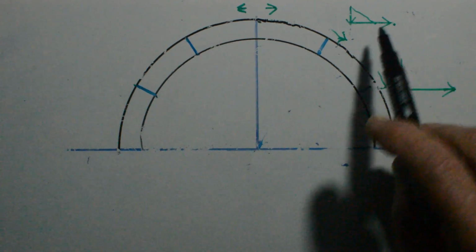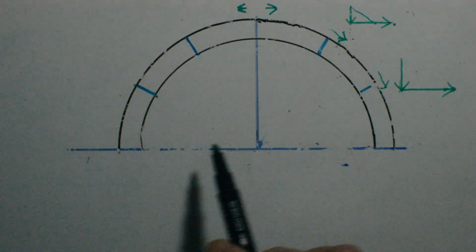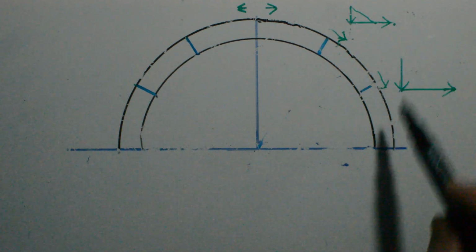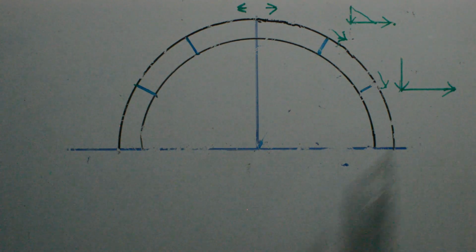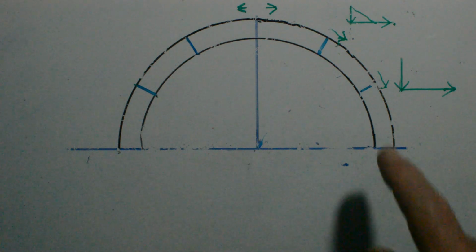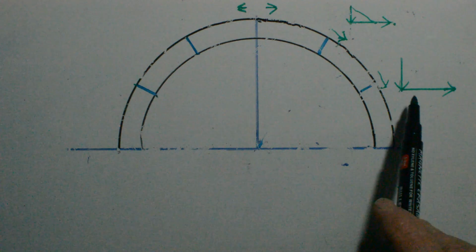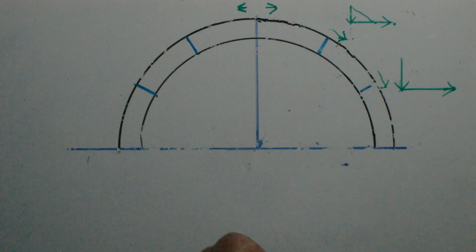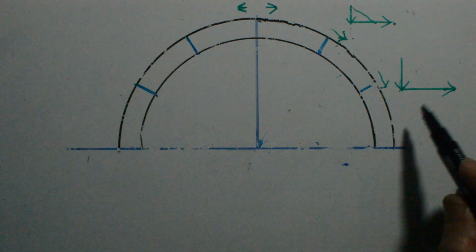So the result is very much like this. You go, here's your outward force at the top, here's a downward force and an outward force with this one added in, here's a downward force with more outward force, and you can see that a dome like this, a dome or an arch, has actually more outward force than it has downward force, or certainly equal, which is why